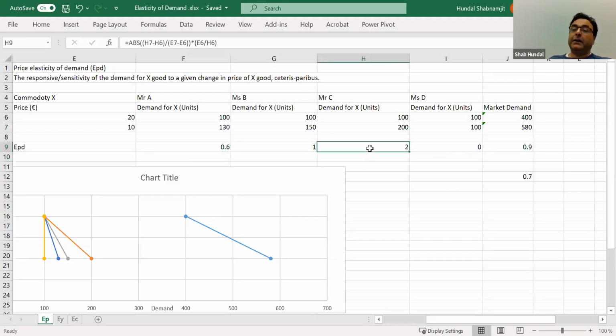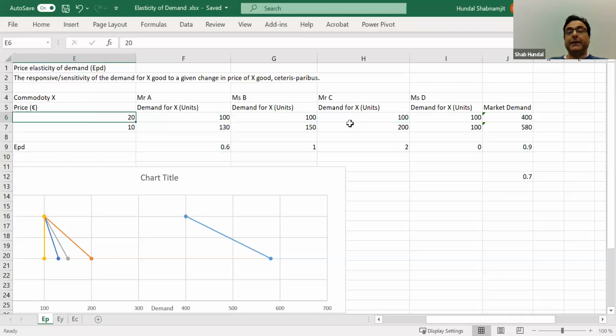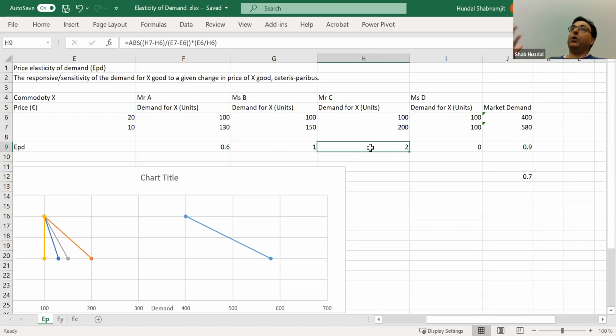On the other hand, this commodity X could be a luxury to Mr. C. How? The price was high. For Mr. C, this commodity X was a distant dream. So the consumption was very little. But once the price drops, look at the reaction, double the reaction. Because you wanted to buy this commodity X, it was beyond your reach. You were consuming it, but not so much. But now it's cheaper. You want to buy it.